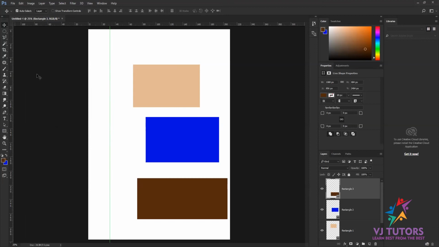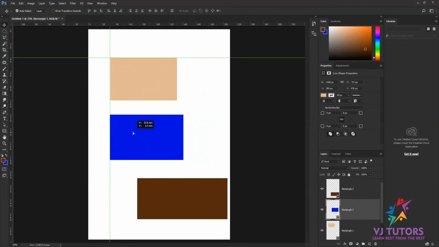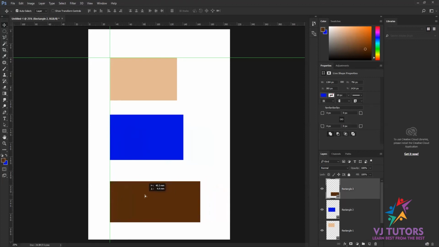These guidelines are used for alignment purposes. If I drag from here, it gives me a horizontal line. So if you want something aligned horizontally, you can just keep it like this, and it automatically gets aligned. You can see that it automatically gets snapped to that particular line.